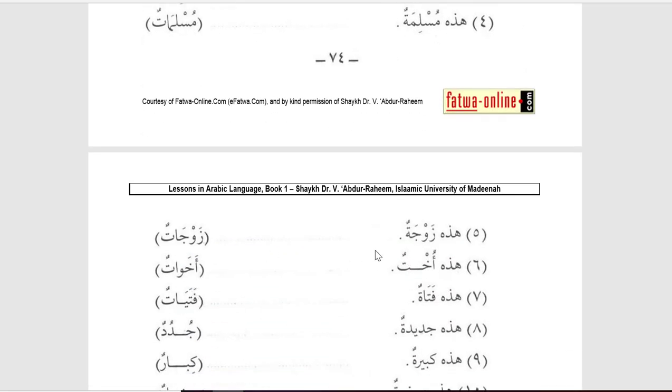So you see there's preservation in many of these feminine words. Zawja, zawjat, ukht, akhawat. So that one kind of changes. That's kind of broken there. But they put it here with them because it preserves the alif and the ta. But then we also have the broken plurals, and that's for the plurals that are shared between masculine and feminine, like some of those adjectives. So judud, kibar, sighar, and tiwal. Those are considered broken plurals for feminine because they're shared between masculine and feminine. Okay, so that's the concept.